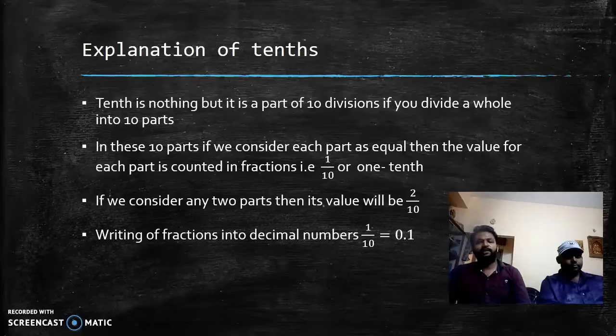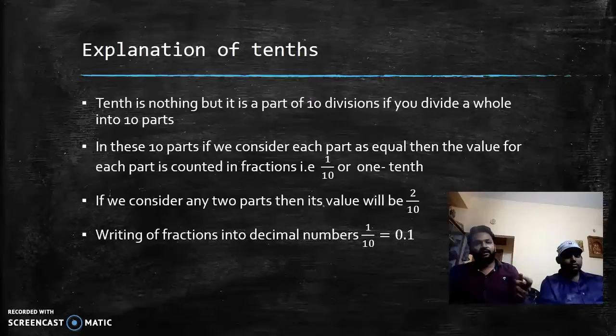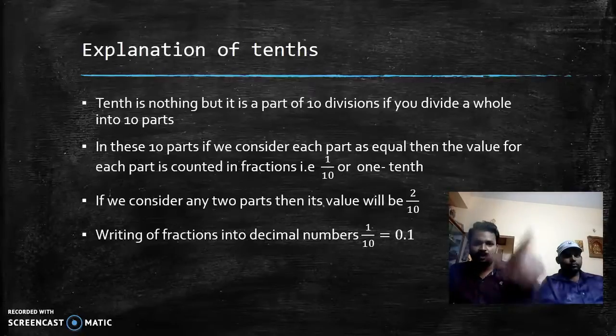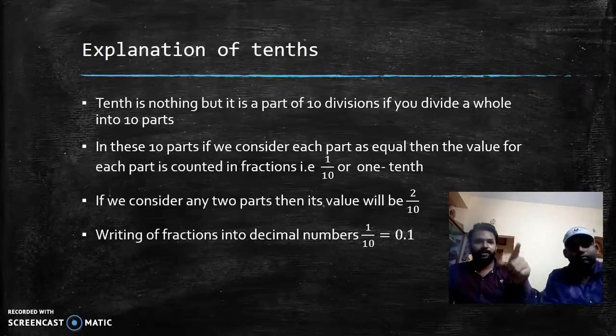And the writing of a fraction as a decimal number. We know that a fraction can be decimalized. What does decimalized mean? It means we have to divide. Whatever number we have, we call it a fraction: 1 by 10, 2 by 10, 3 by 10, 4 by 10. Those are fractions. But when we convert that into a normal whole number, we can't get an exact whole number. In the sense, if a fraction is a proper fraction, we can see here that improper fraction, we can see here that